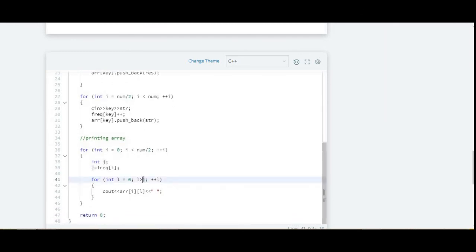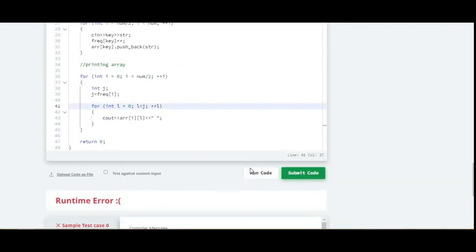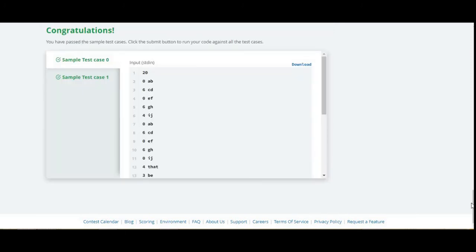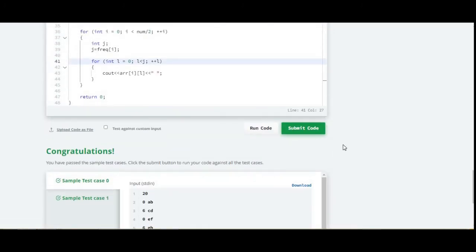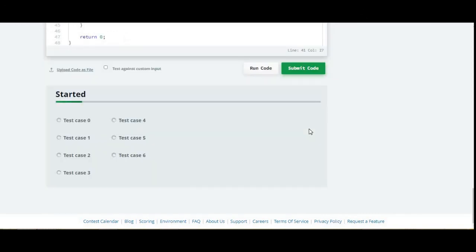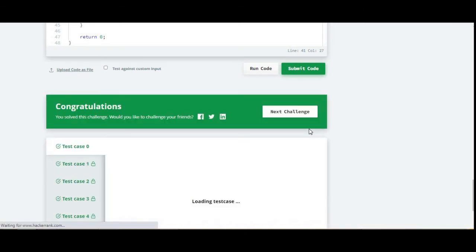Okay. l should be less than j. Okay, I wrote the opposite of that. Okay, test case passed. Let's submit the code. Okay, it passes all the test cases. Thank you.